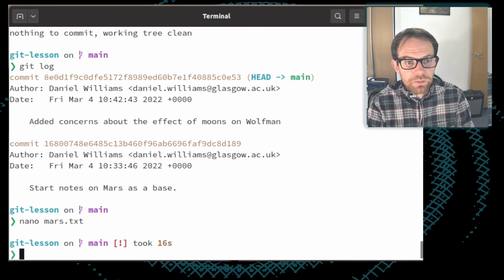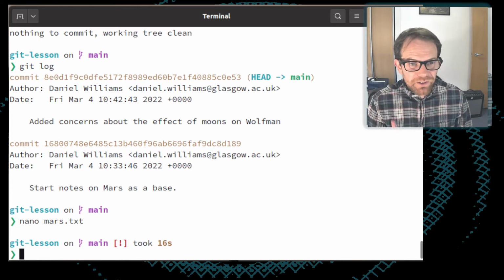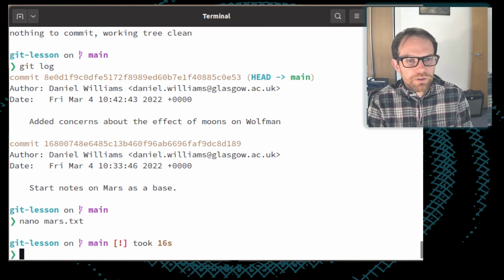Okay, and I want to make the next snapshot, the next commit. I'm going to try and start calling these things commits, because whilst they are effectively snapshots, the correct terminology for it in Git is really to call it a commit. So I want to make this commit, so I go git commit -m added note about mummy.